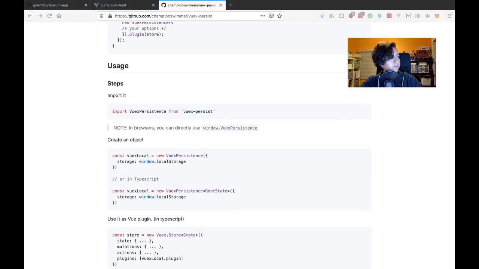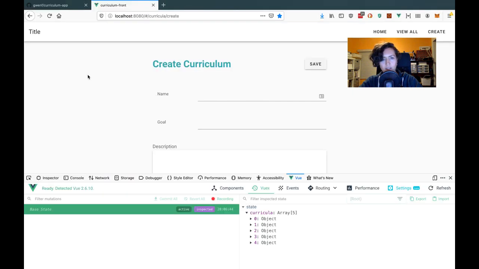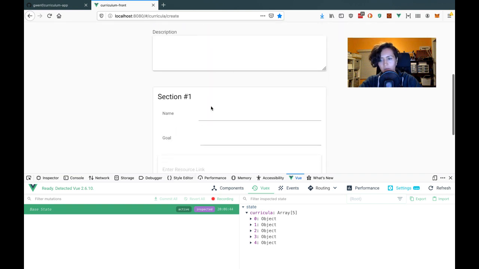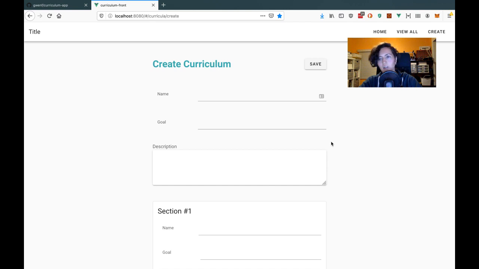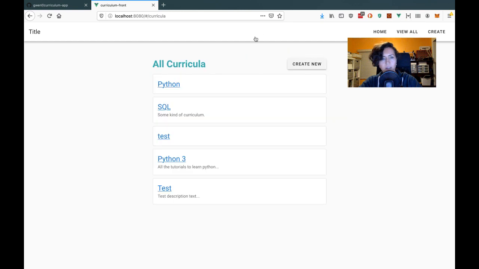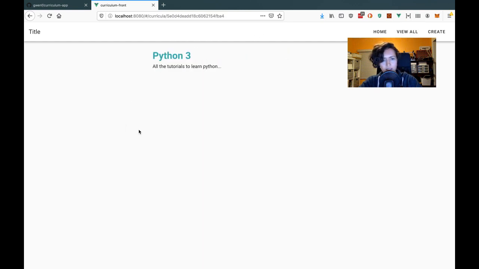Let's see. Oh, right. So there's two other things that I have on my list. One of them is just to break up this form component, which is getting out of hand, and do some other code cleanup. And then also, here when I view all the curricula, let's say, nope, that one doesn't have any sections on it. So maybe this one does. Okay. So here,